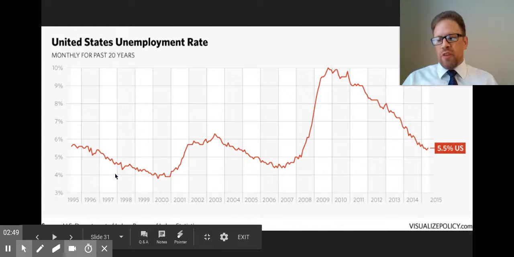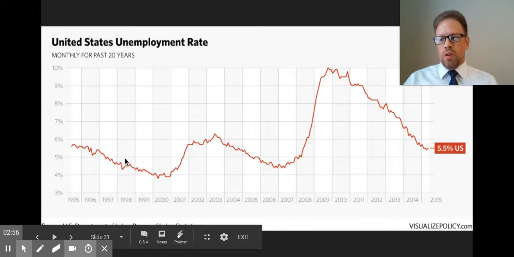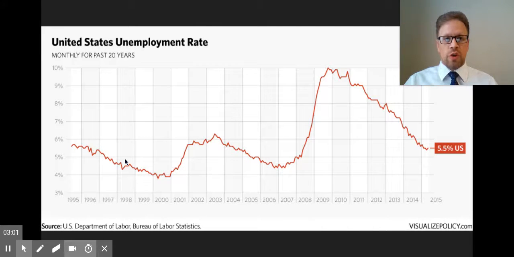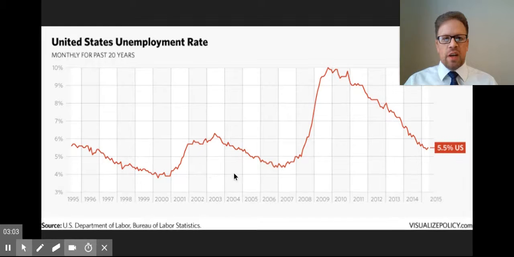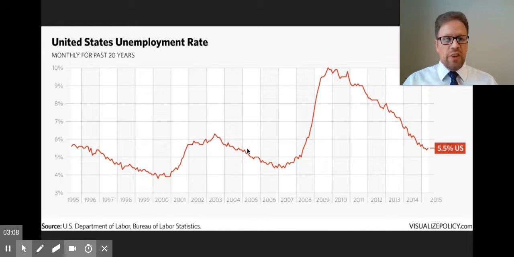The standard measure of the unemployment rate is actually going to be imperfect. Why is the unemployment rate not a perfect measure? Well, one thing it does not include is discouraged workers. If you have a hard time finding a job and you just give up looking, then based on how they do the unemployment rate, congratulations, you're not unemployed anymore because you gave up looking. So sometimes you might see improvements in the unemployment rate that might not actually be because of improvement in the economy. It might just be because of a bunch of discouraged workers.